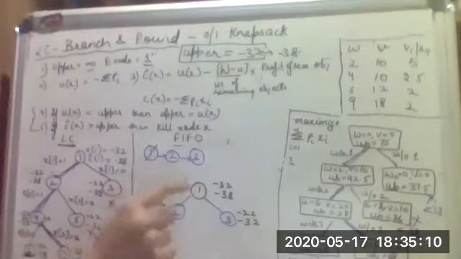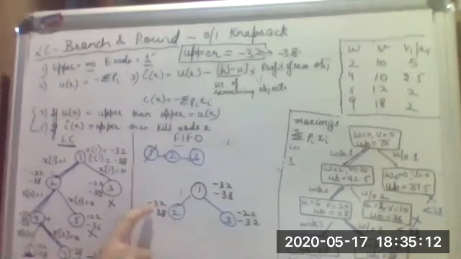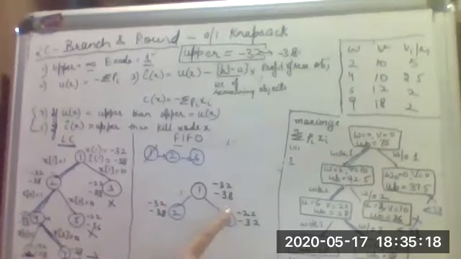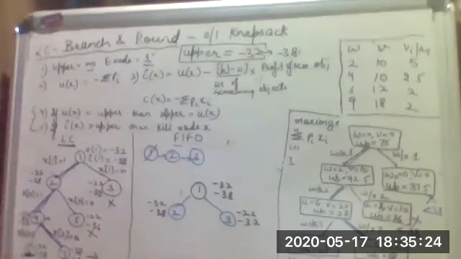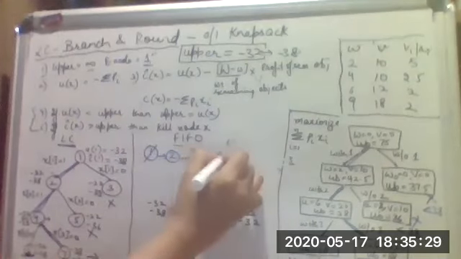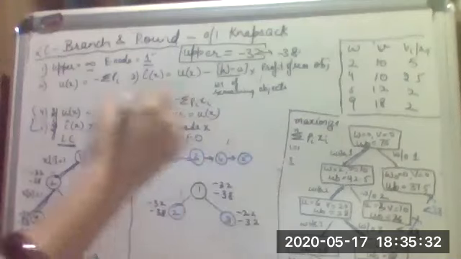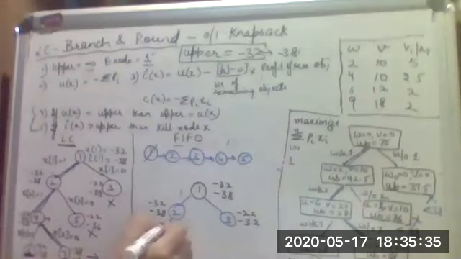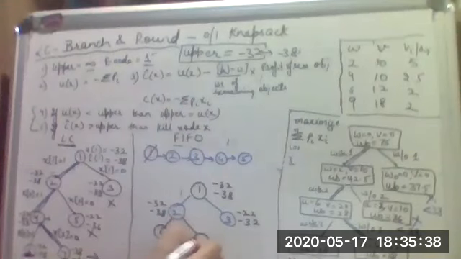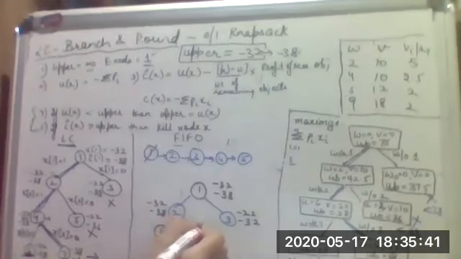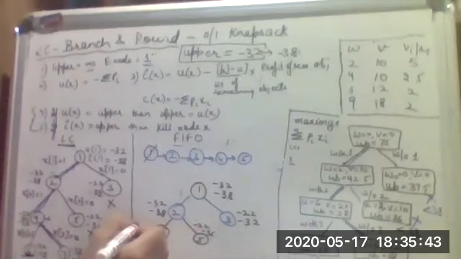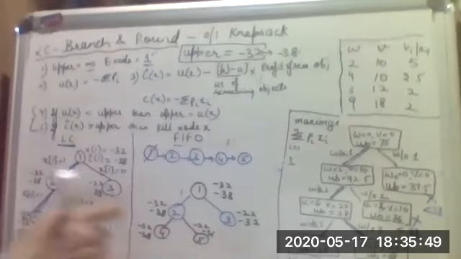But in this case, it is not going to only check for these minus 32 and minus 22 upper bound values, upper function values, and then select the lower one. In this case, it is going to select the node that is created first. Yes, so 2 is created first, so it generates its child nodes, 4 and 5. So it generates here 4, it generates here 5, which have values of minus 22 and minus 36. In this case here minus 32 and minus 30. Exactly the same way we have calculated earlier.